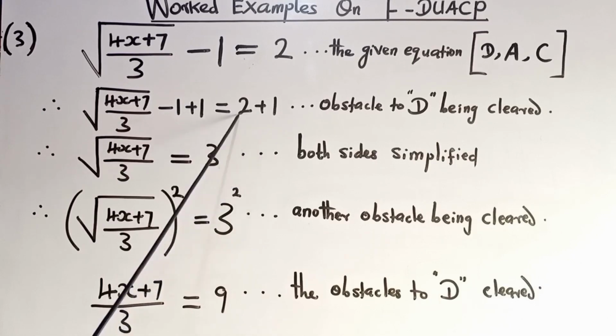Simplifying the right-hand side, we are left with this. That means both sides have been simplified. Is it now time to clear the root? That is, is the root alone on the left-hand side of the equation? If it is not yet alone, if you have another adder